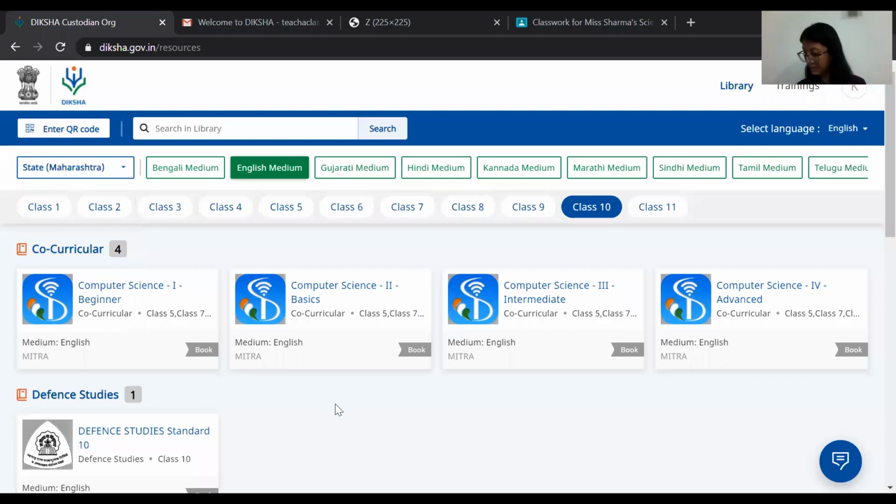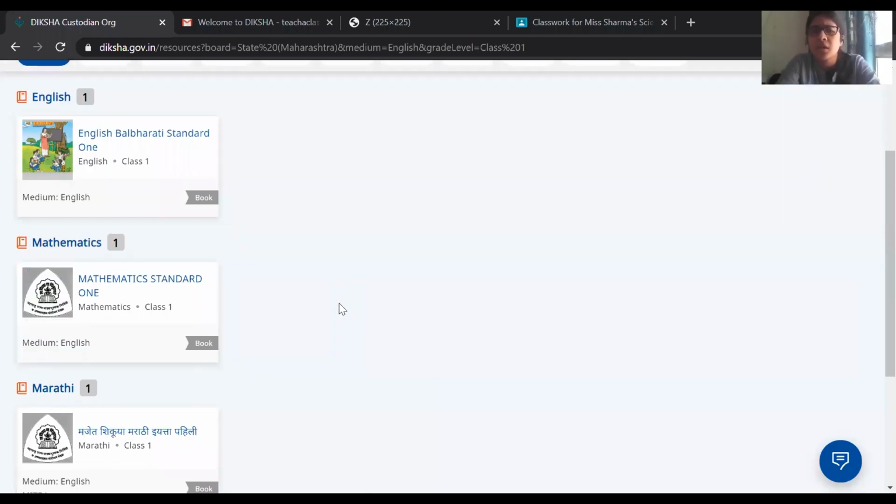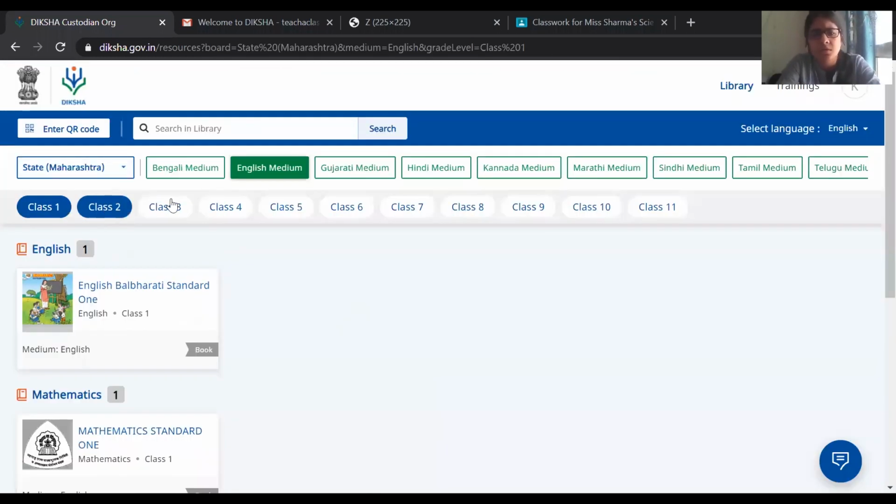Okay, the next question that we have is, do we have content for primary classes for private schools? Yes, so I think for private schools also you might be affiliated to some curriculum, right? So if you can find that curriculum over here, let's say if you are following Maharashtra board curriculum or whatever curriculum you're following, and then you go to class 1. So for example, if I go to class 1, I can find content for my class. Similarly for class 2, class 3. So they do have content for all the grades.